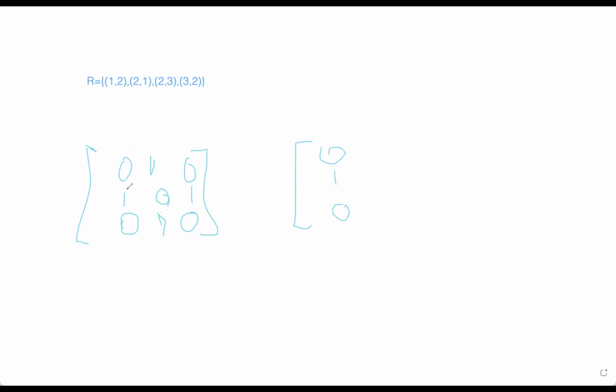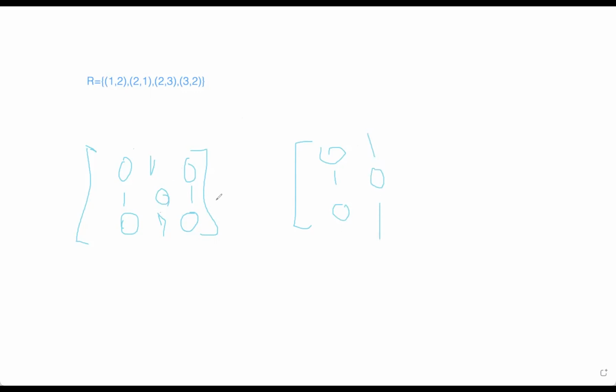Now, second row, second column: what is there? 1, 0 and the last one will be 1.